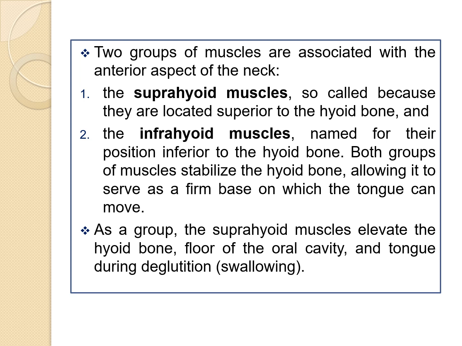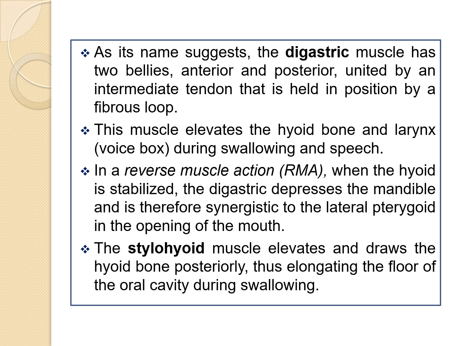Suprahyoid muscles and infrahyoid muscles stabilize the hyoid bone, allowing it to serve as a firm base on which the tongue can move. As a group, the suprahyoid muscles elevate the hyoid bone, floor of the oral cavity, and tongue during deglutition, that is swallowing. Now, as the name suggests, the digastric muscle has two bellies, anterior and posterior, united by an intermediate